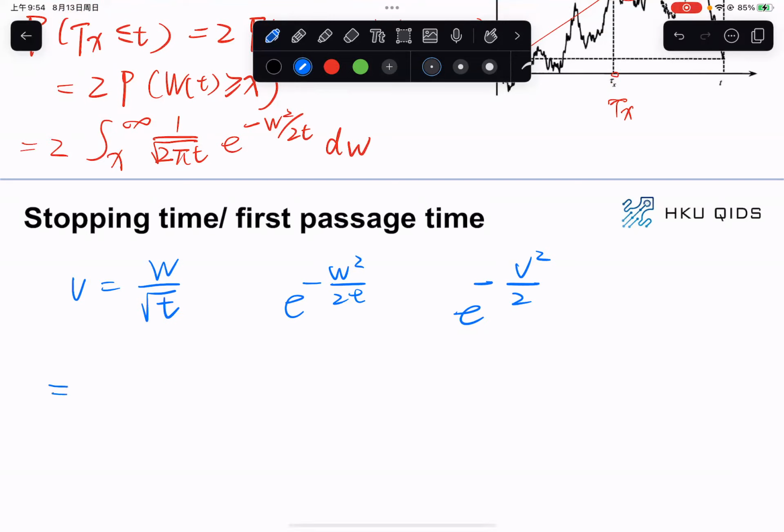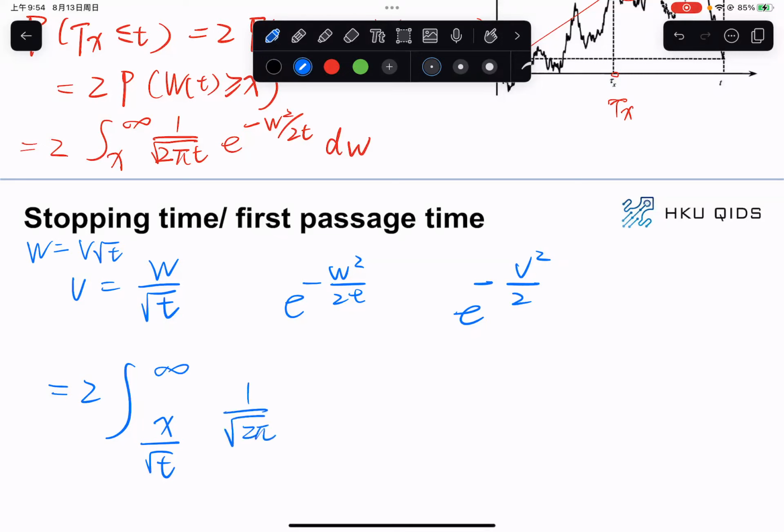And since we are from x, we have w equal to v square root t, so this is just 2 times the integral from x divided by square root t to infinity of the standard normal density 1 over square root of 2 pi, and e to the negative v squared divided by 2,